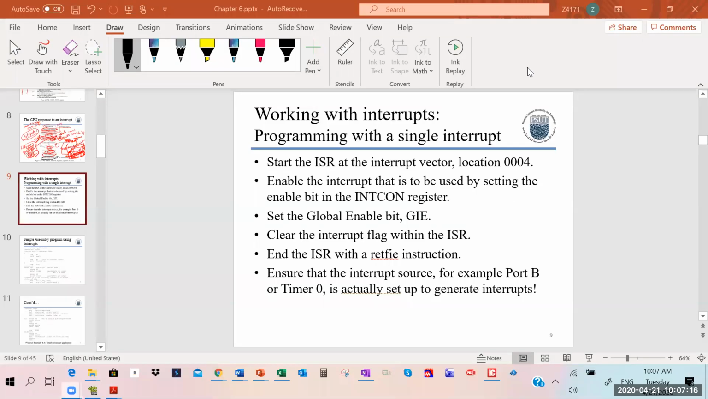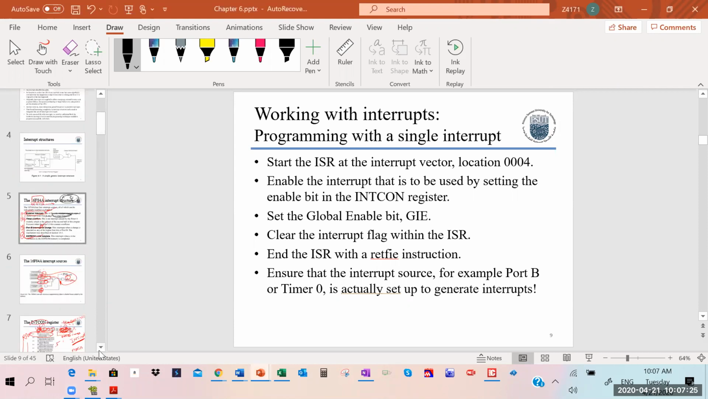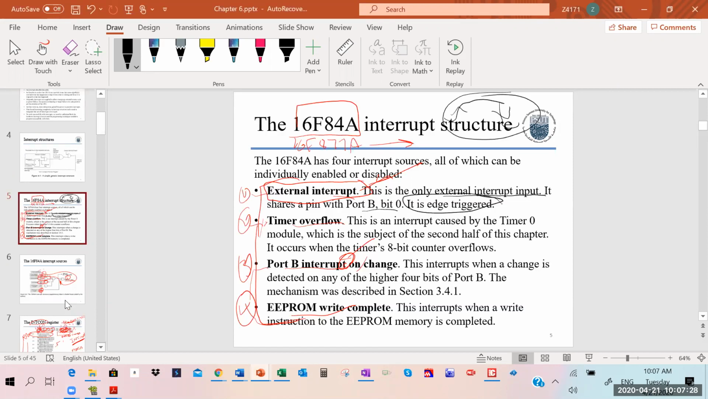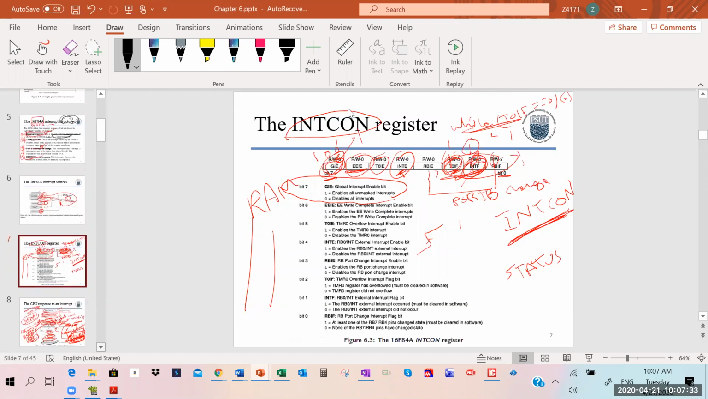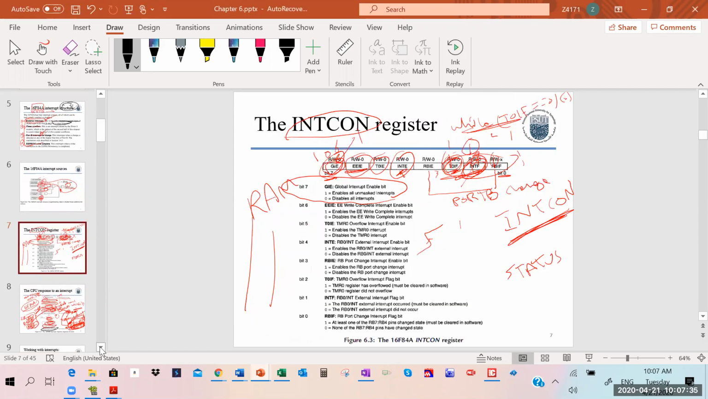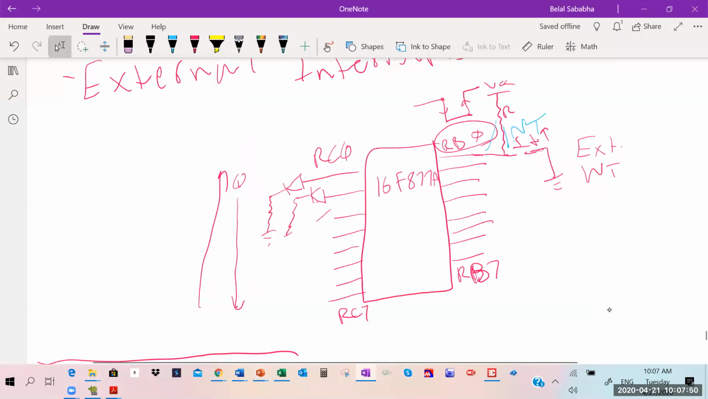So we started interrupts last time, and we talked about the types of interrupts that the 16F84A microcontroller deals with, and then we talked about the interrupt configuration register and where all the enables and flags for all interrupts are present. Then we started working on a real example for an interrupt. The example was to use the external interrupt that is shared with port B0